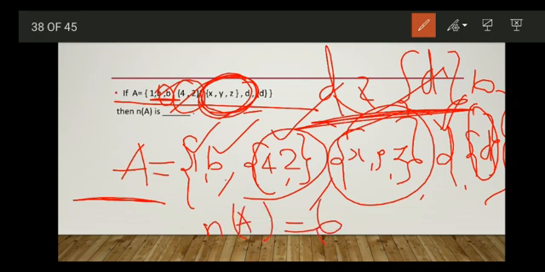The cardinal number is denoted using n of A, which means the number of elements in the set A. You have to count the number of elements and write that. If a set is written in roster form, that is, if the elements are listed down, we have to count and write the number. But you should take care whether the elements are repeated or not. If they are repeated, you have to rewrite the set and then count the number and write. If it is given in some other form, descriptive form or set builder form, try to list down the elements, then count and write.